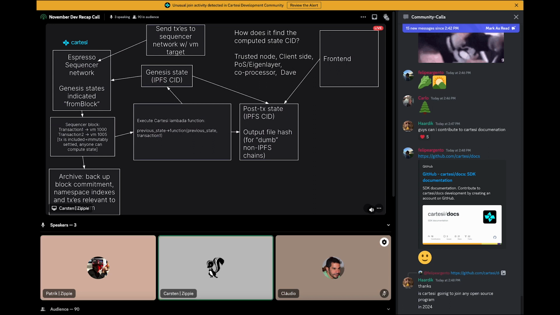So this is what we're playing around with, seeing what kind of interesting things can be done if all the state is essentially in IPFS. It's a little bit of a different way of doing things, but we are playing around with easy integration into sequencers. We're looking at how this looks if we have many different systems like Proof of Stake, EigenDA, stuff like Dave, and easy access to state through the front end, because basically everything is sitting in content-addressed areas, and things about archiving and so on.